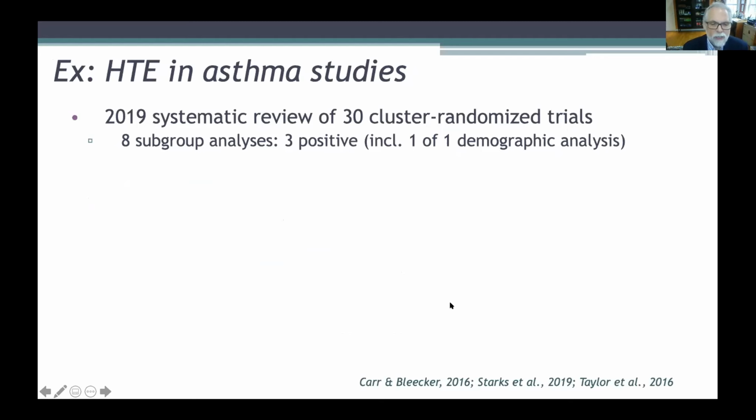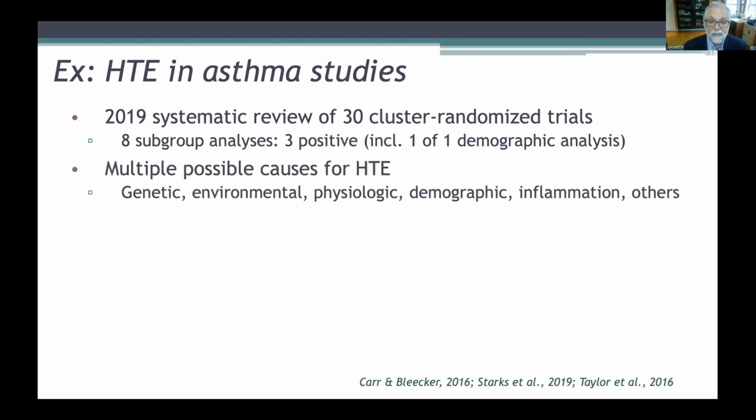And I'm going to refer to a study, referenced below by Starks, a recent systematic review of 30 cluster randomized trials which conducted subgroup analyses. Now, there are 30 studies on pulmonary disease, which also includes asthma in many of them, but not exclusively asthma. So I'm referencing particularly the ones on pulmonary disease. There are others in this literature review that I'm not going to be discussing, because I'll focus on asthma and other related disorders. With the 30 trials, 8 of them conducted subgroup analyses,